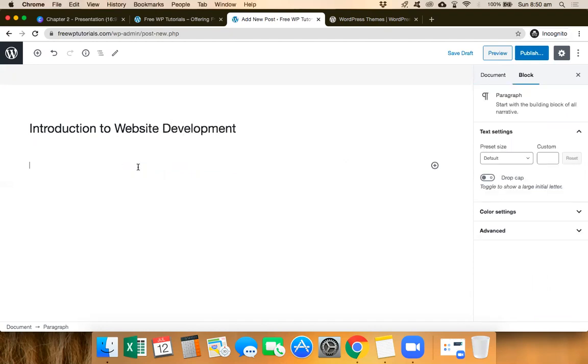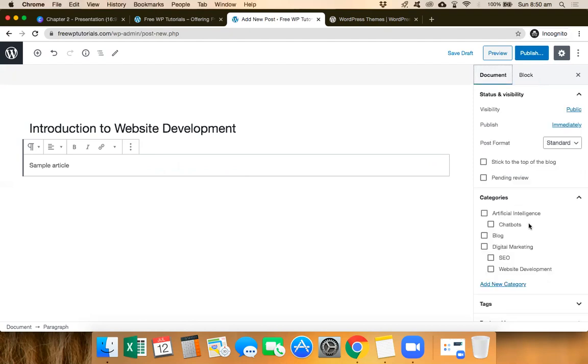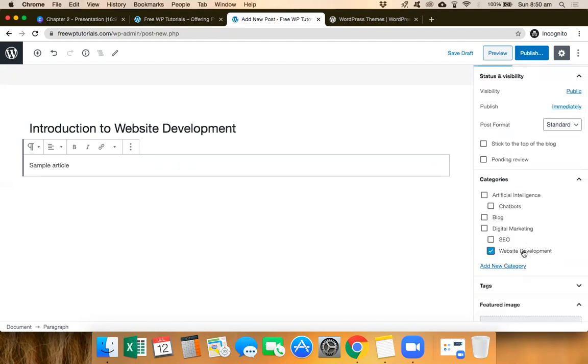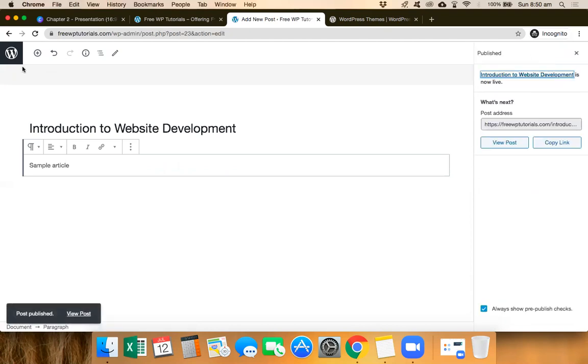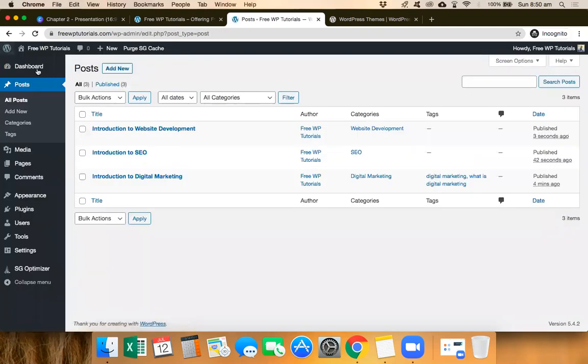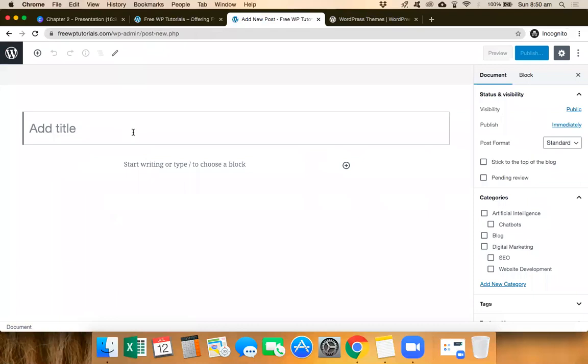All right, and I put in sample article. Now I will go ahead and select my category as website development. Go ahead, publish and publish. All right, and now we'll add one more article, which is basically what is